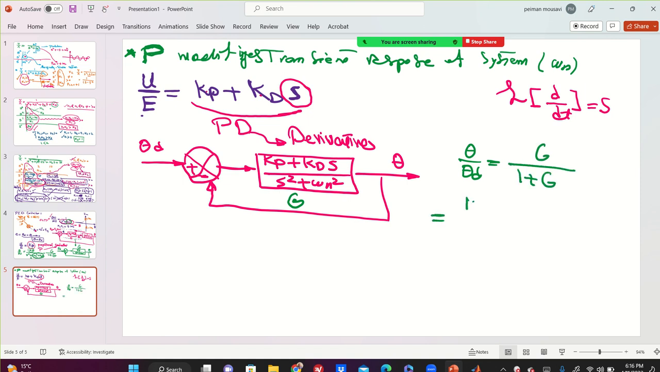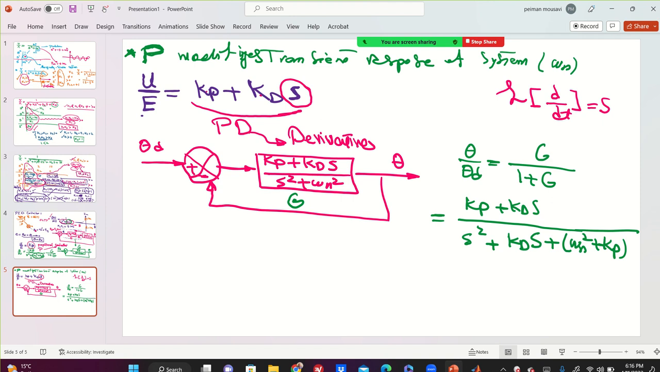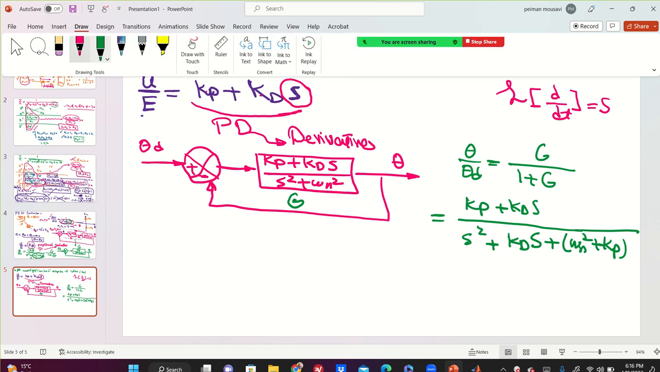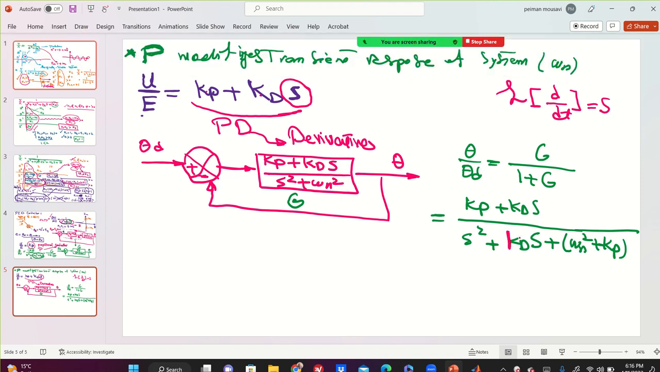So you're going to have Kp. If you do it at home, I'm just skipping that. It's going to be S square plus KDS plus omega n square plus Kp. Let me change the colors. KDS, Kp. So what happened when I added